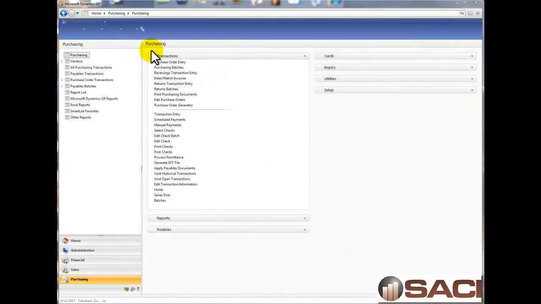Today we're going to take a high-level overview of fixed assets from Microsoft Dynamics GP. And today I'm using version 2012 Release 2. So if we're looking at fixed assets, you're probably wondering why I'm in the purchasing series. What we're going to do today is enter in an invoice for payables management, and we're going to code it